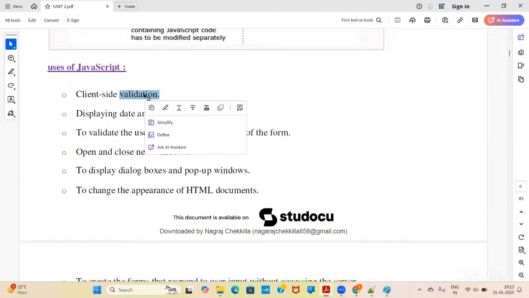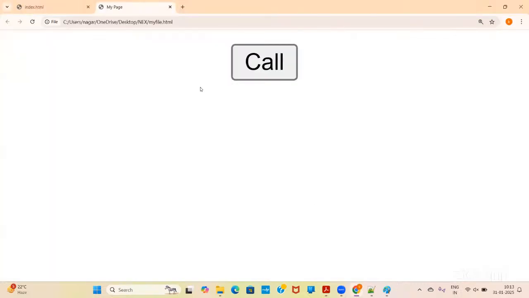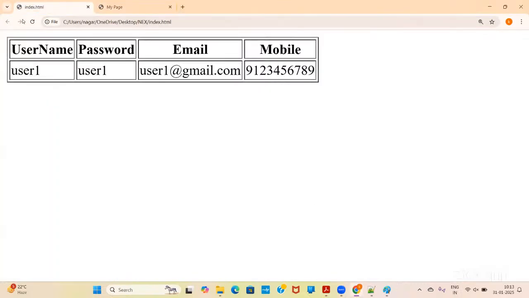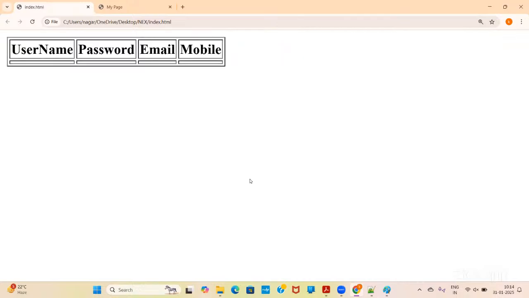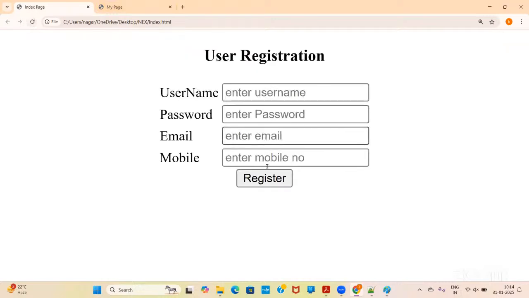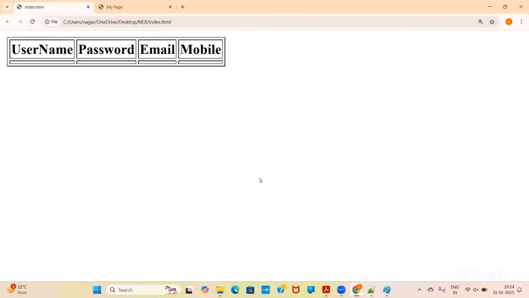So what are the validations? Actually, we have the form here. So just go to the index.html. In the index.html, we have the registration form, like username, password, email, mobile. Suppose, let us assume I directly enter the data, what happens? Without entering the data, when I click on the register button, it is going to